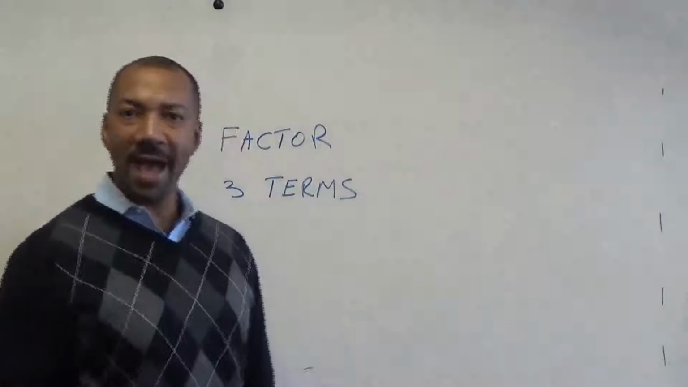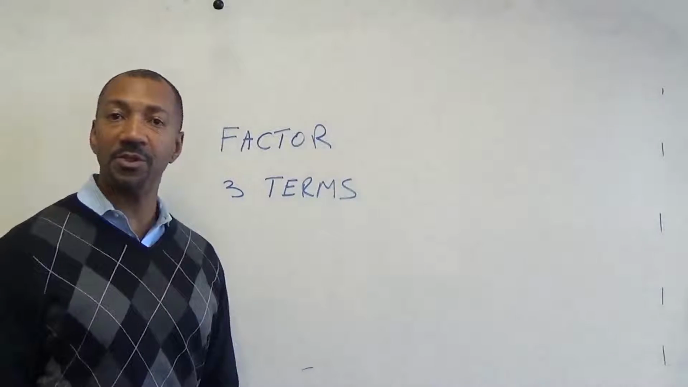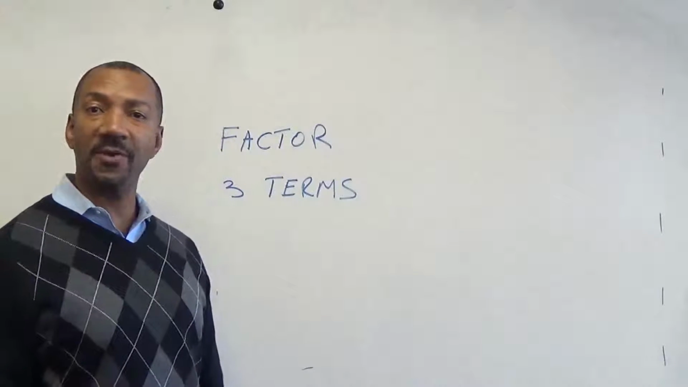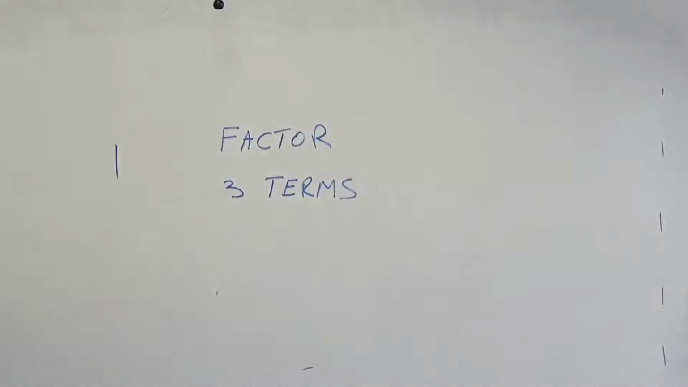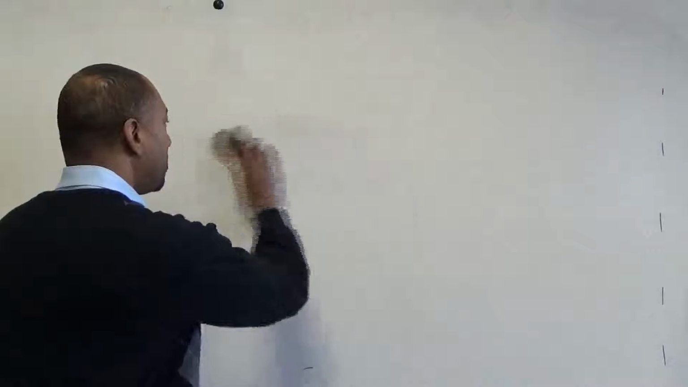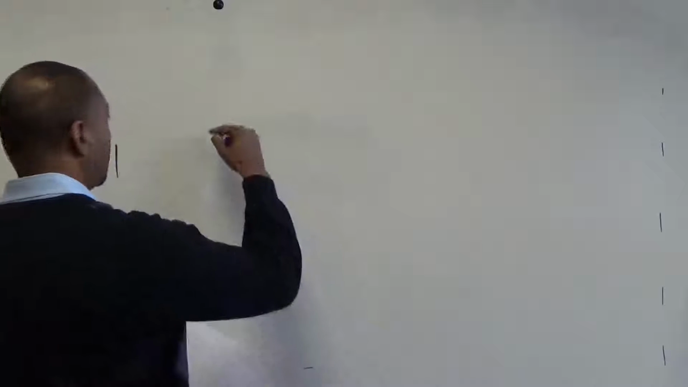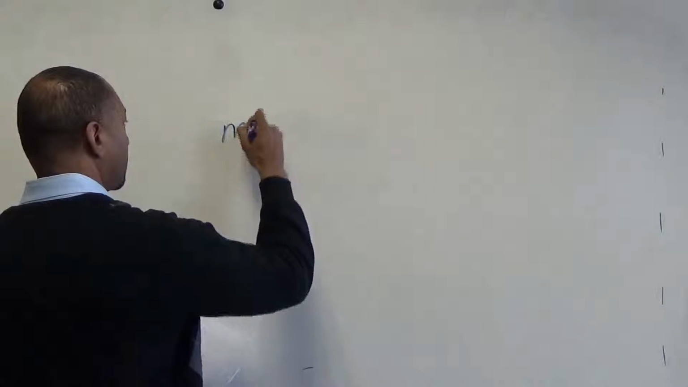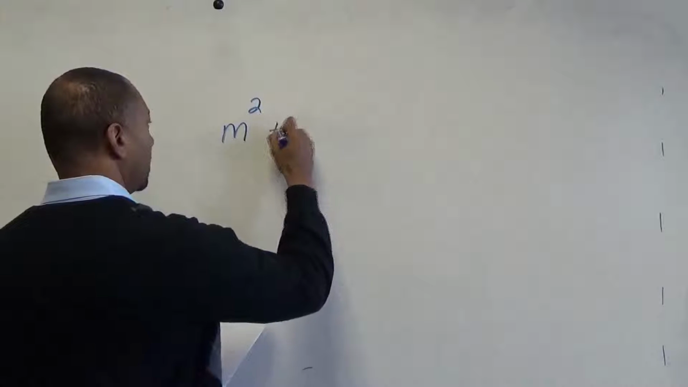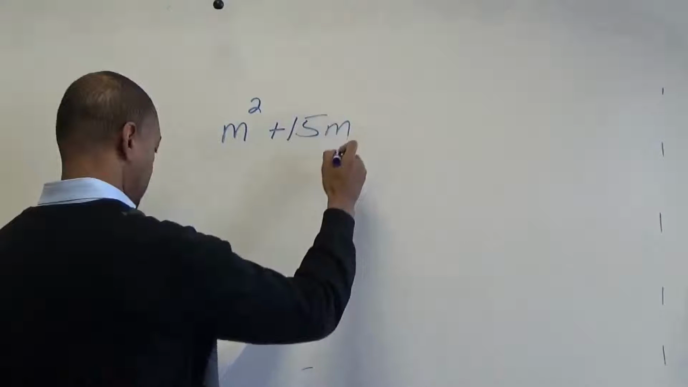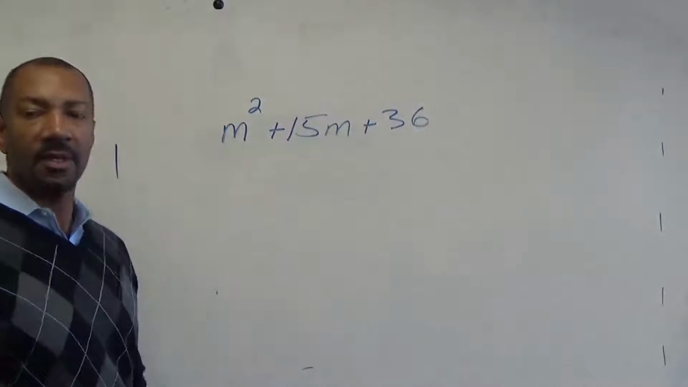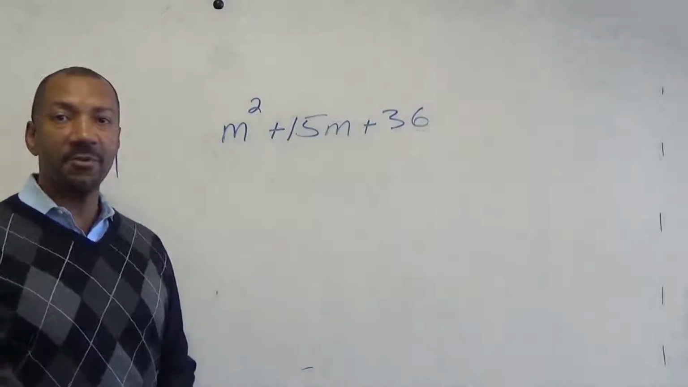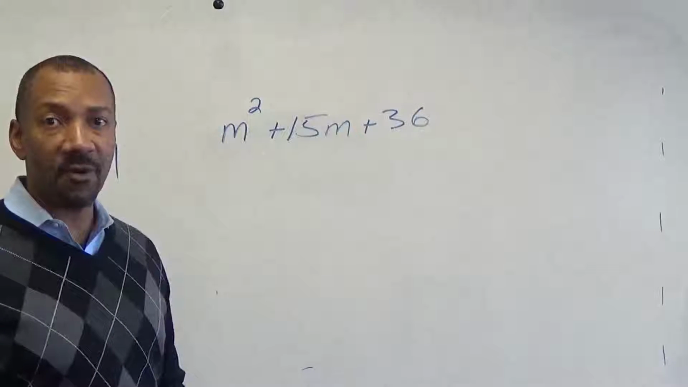Today we're going to be talking about factoring, but I'm going to show you how to factor if you have three terms. So let's get a problem up here on the board. Let's go with m squared plus 15m plus 36. I want to remind you that our first move is always going to be to look for the